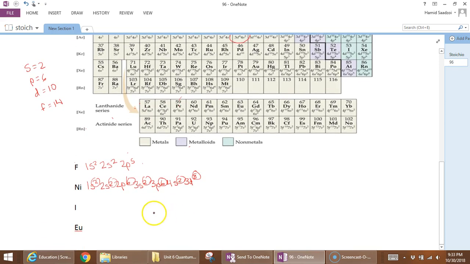All right, let's look at two more. Iodine, which is a much longer configuration. It's all the way over here. Number 53. So I need to go all the way to 53. So 1s2, 2s2, 2p6, 3s2, 3p6, 4s2, 3d10, 4p6, 5s2,